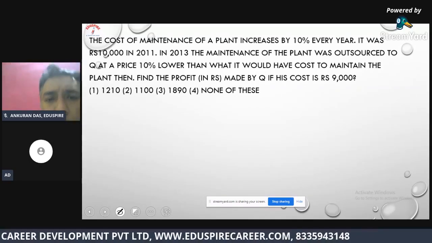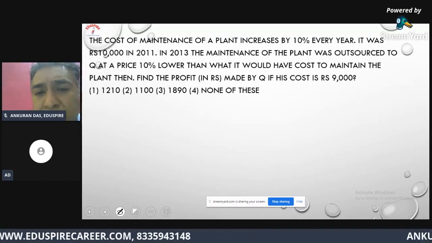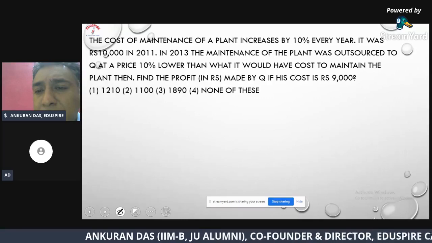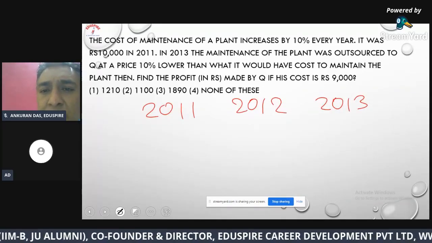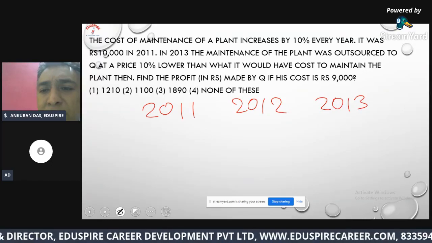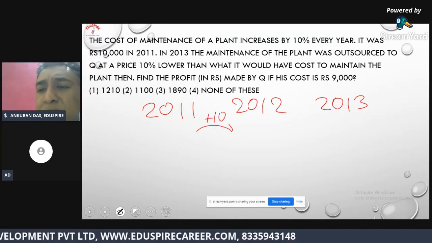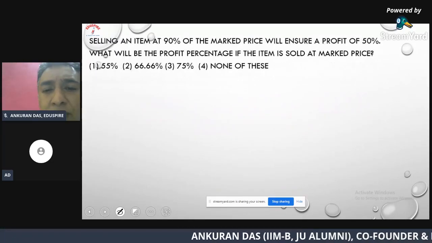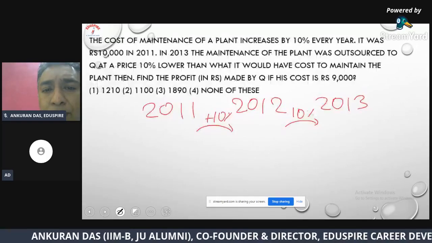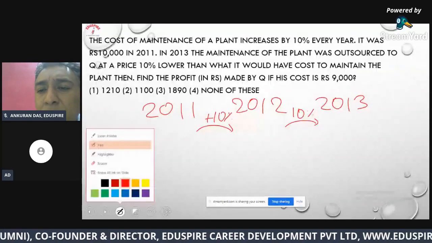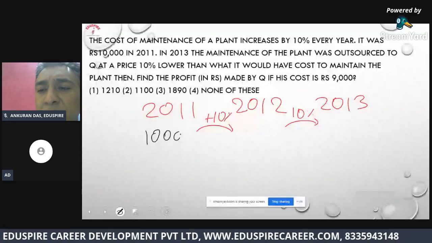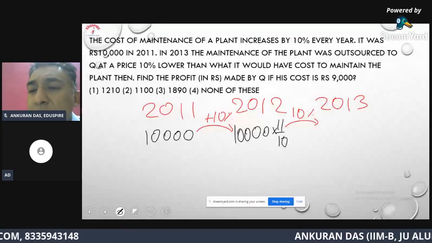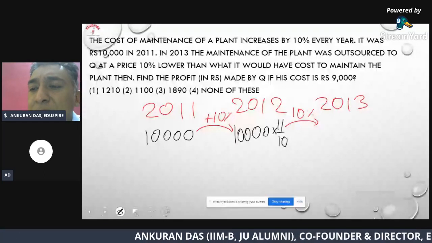Over here they have talked about 3 years starting with 2011, then 2012, then 2013. So they have said every year the cost is jumping by 10%. And of course, it started with 10,000 in the beginning. So next year it will be 10,000 into 11 by 10, because it is jumping up by 10%, which is 1 by 10. So it will become 11 by 10 times of what it was. Next year, again, there will be a multiplying factor of another 11 by 10,